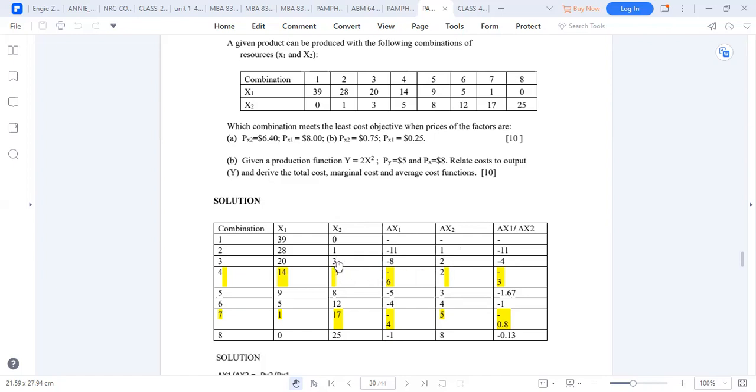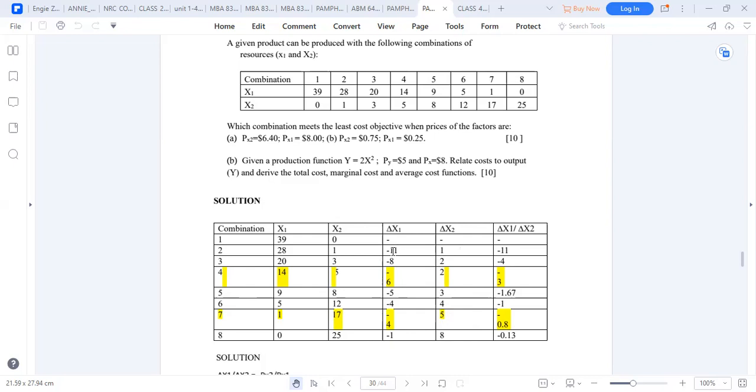5 minus 3 is 2. 8 minus 5 is 3. 12 minus 8, 4. 17 minus 12, 5. And 25 minus 17 is 8. So we're going to now divide the change of input